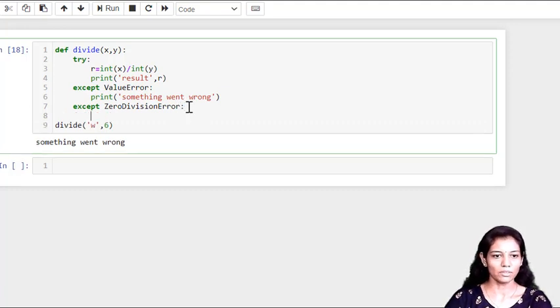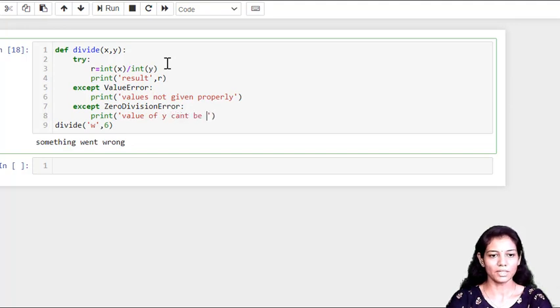Now I can have proper messaging: values not given properly, and in here I can give value of y can't be 0. So here the user can come to know where he has made a mistake.